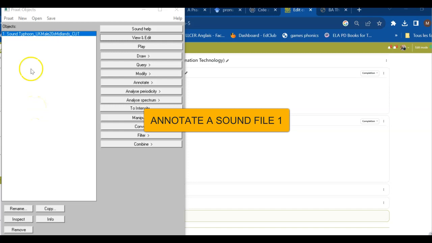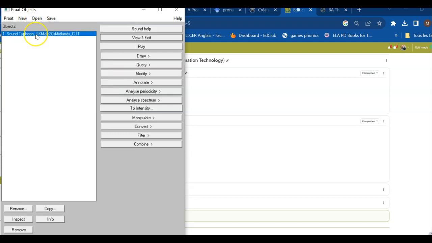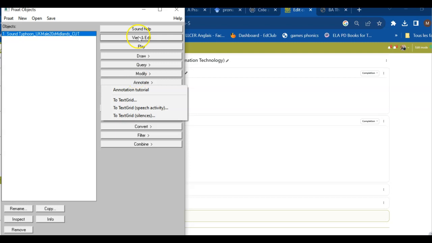Okay, now you've got your sound file. You've opened it with read from file. Don't use the long file, just use the read from file only. Okay, you've got it now. It's blue, but I can't annotate it, so I can't write down little labels. I can't type any text below the sound, so now I need to click on annotate here and then to